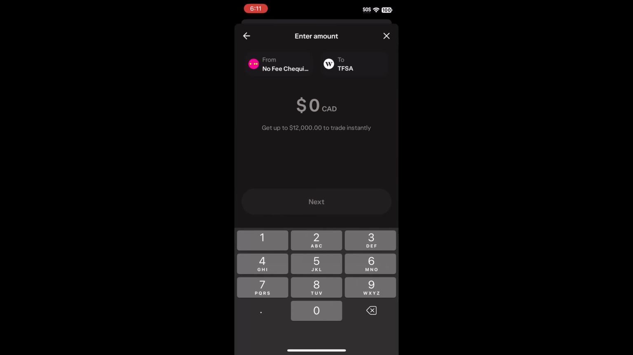Now, enter the amount you want to deposit. Wealthsimple allows instant deposits. Your instant deposit limit will be shown below the amount field. For example, mine is $12,000. Instant deposits let you invest your money right away. The funds will be withdrawn from your bank account in a few business days, so make sure you have enough money